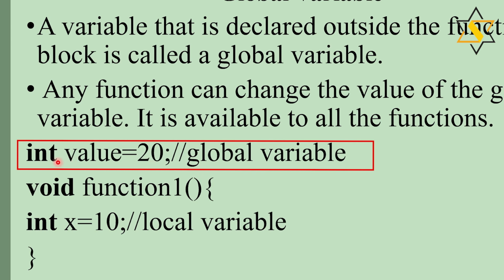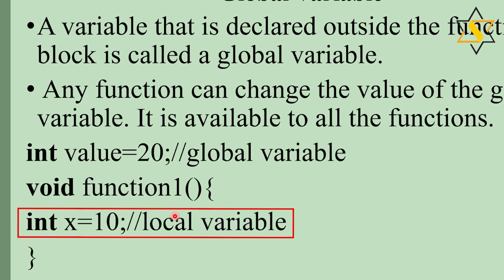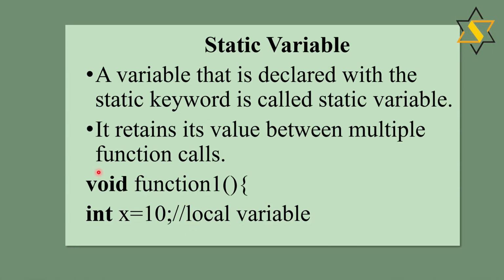So any variable used inside a function is called a local variable, and those variables which are used outside the function are called global variables. Now, another term is a static variable. This is also one of the interesting variable names. Why do we call it static? Because static means